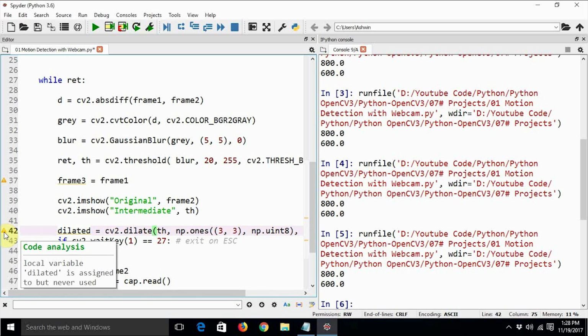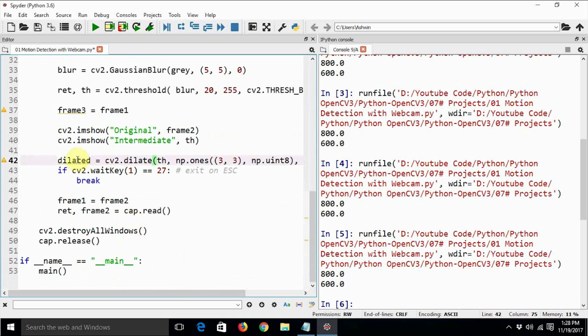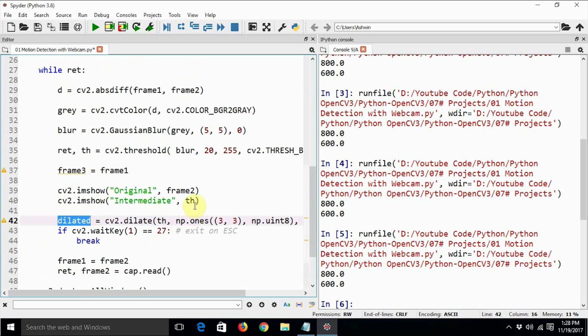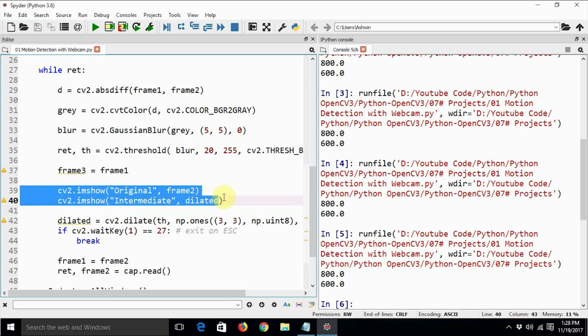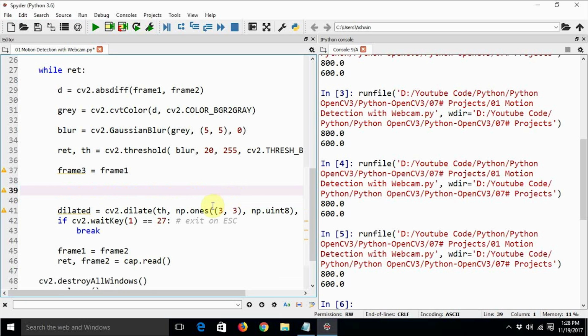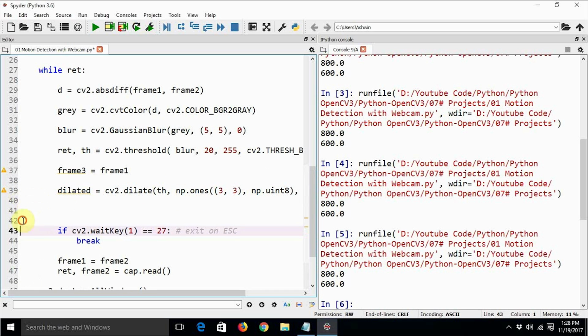I see that dilated is assigned but never used. So let's go ahead and use this dilated, th and dilated. We are using dilated here before we calculate it, so let's put these lines here.